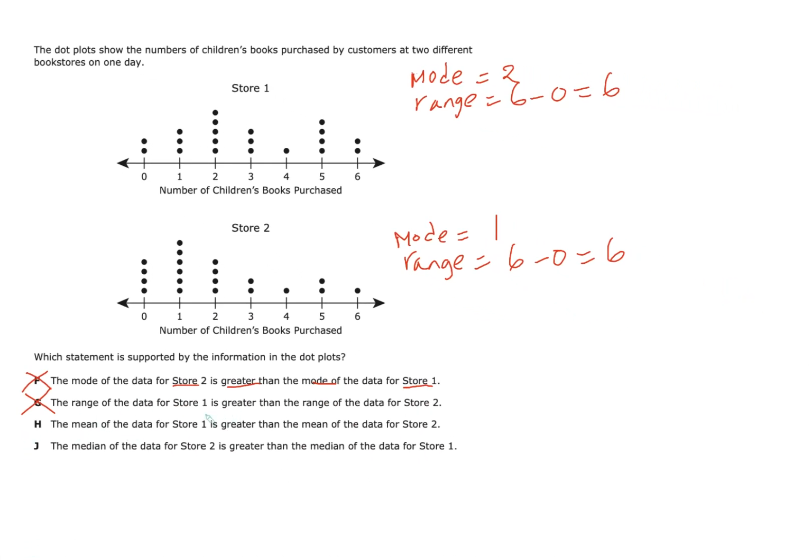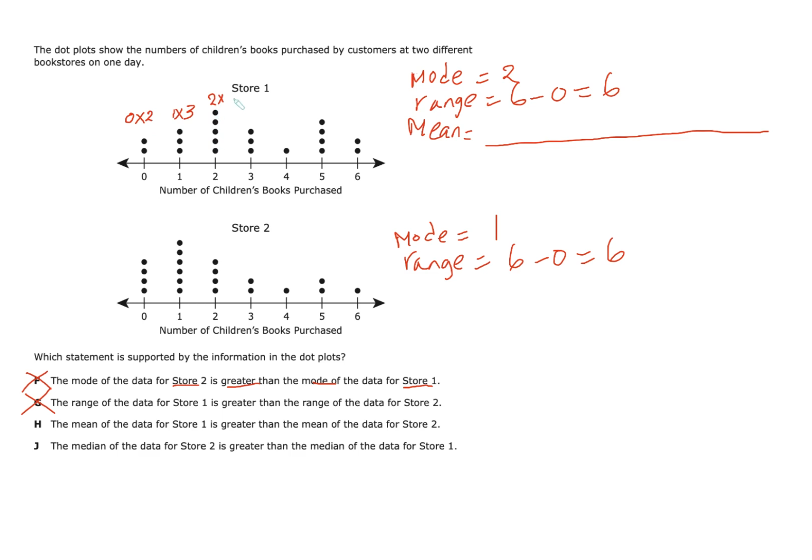H is asking us for the mean. It says that the mean of store 1 is greater than the mean of store 2. So we need to find the mean. To find the mean, we have to add up all our values and divide by how many values we have. Okay, so here's 0, we have 2 dots, 1, we have 3 dots, 2, we have to multiply that by 2,